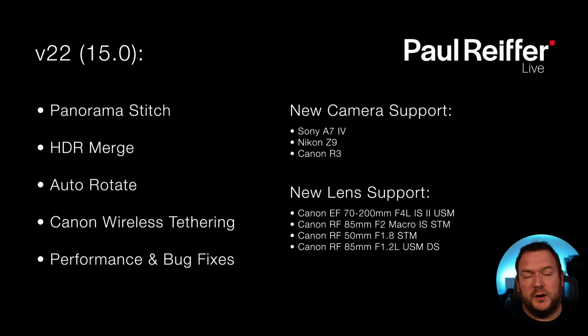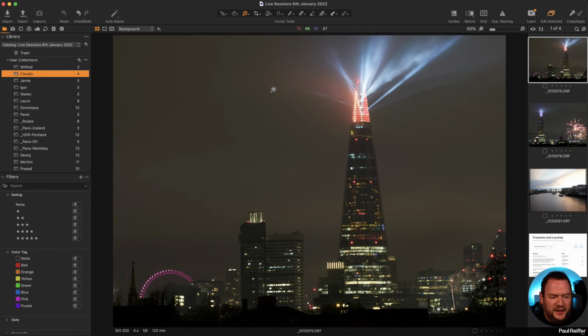So if you are running version 21 or previous, and you want any of those things, you're going to have to move to 22. They are not going to be brought into 21. Likewise, all new camera support and all new lens support from this point forward will only be in version 22 from now on, effectively. So there we go. That's the version that we're running. And let's load up then version 22 and start having a look at your images.